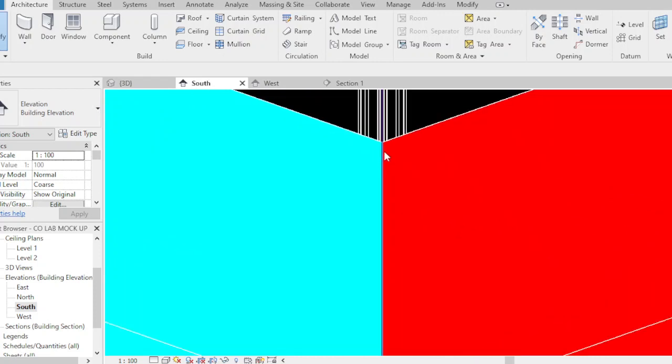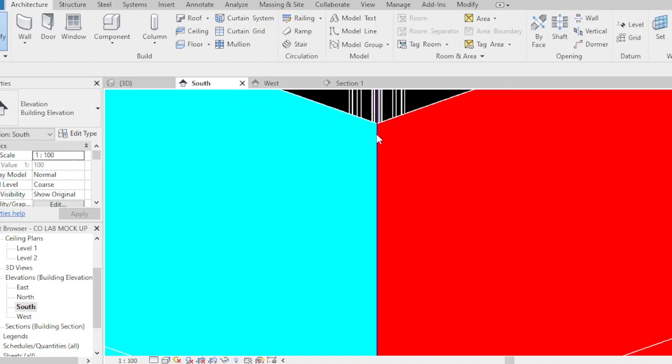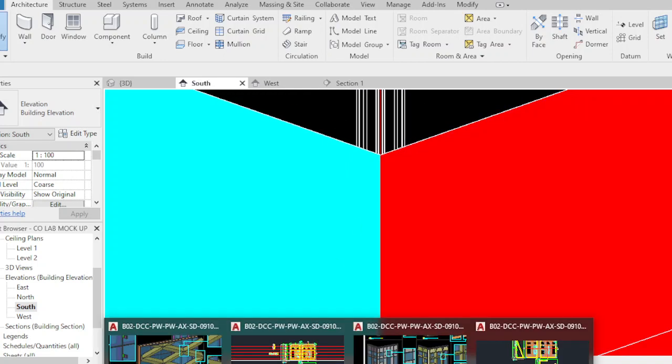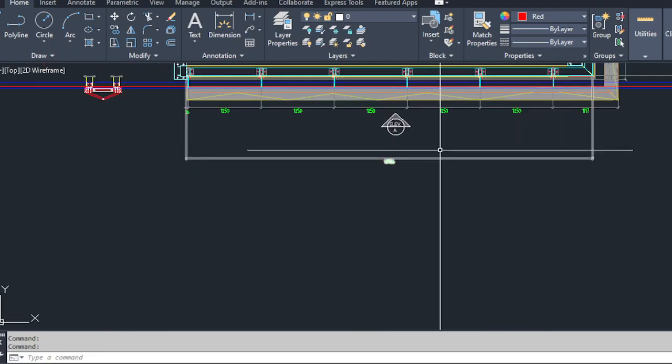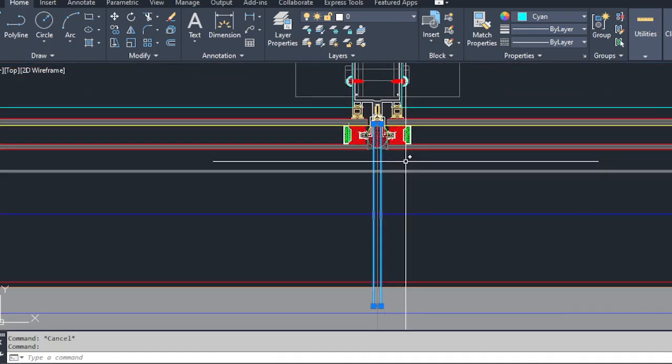I don't put a gap, but I think if you're going to fabricate it, it will have a gap here in the middle, a half-inch gap, because on the AutoCAD files they have this one, the bracket,